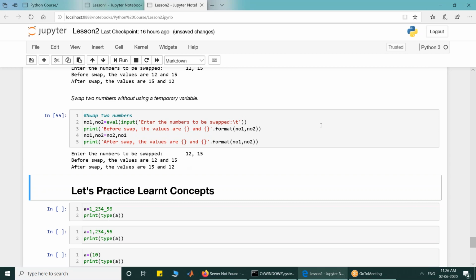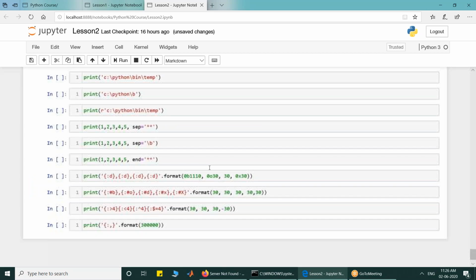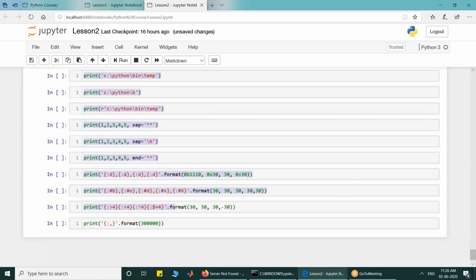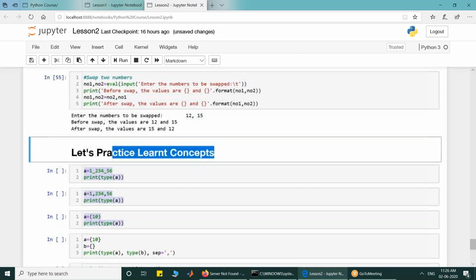I would like to listen to any queries from you, and when we resume, we will start with what we have learned. We will practice these things, and then we will move ahead with expressions. So if any one of you is having any problem, you can put it on the chat box. We have 2-3 minutes left. Participants, if anyone has any query or question, you can write in the chat box.